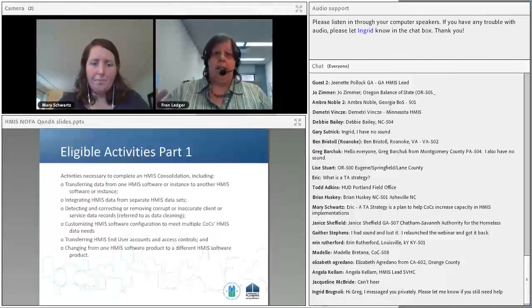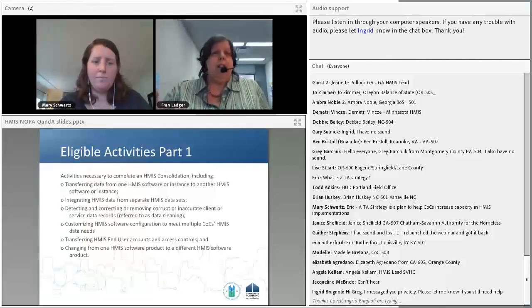And you're going to see 4 sets of slides here. They each are going to kind of go into the different activity types. And this is, we described this at the very beginning of the HMIS NOFA document. When you look at it, we break it down into these 4 pieces, where the first one is around HMIS